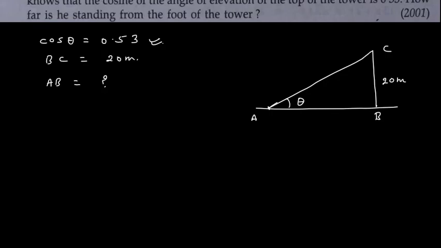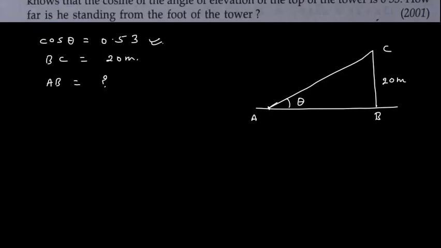We have a relation identity. If I apply this cos identity, then with the cos identity I will be able to get this hypotenuse value, and once I get this hypotenuse value, I have to apply the Pythagoras theorem and I can find this AB. Or else I can find tan of this theta from this cos theta. So there are two ways.